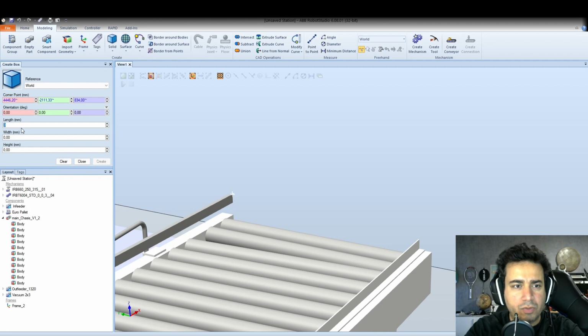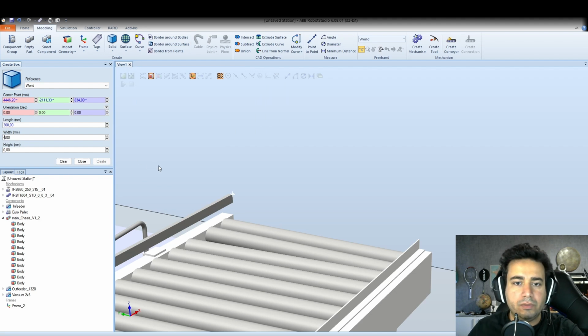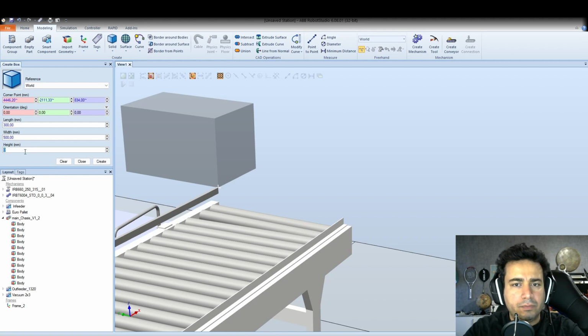let's say length to be 300, and then width to be 500, but let's say this should be minus 500. Oops. It does not accept minus, and then 300, 400, and then 300, so something like that. And then